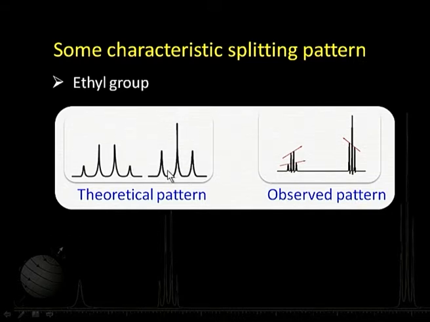Why I am talking about this is because one should get used to these patterns, because they are very, very handy in trying to interpret NMR spectra. So, this is a theoretical pattern expected from an ethyl group, but what is actually experimentally observed is this. Experimentally what you observe is a pattern which is slightly different from this one, and this also gives a very, very important indication of the kind of molecule we are dealing with here, because whenever the two sets of protons interact, they cause spin-spin splitting or spin-spin coupling.